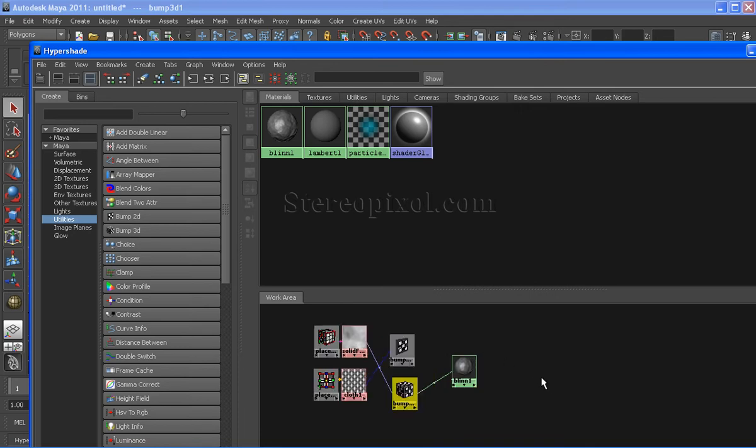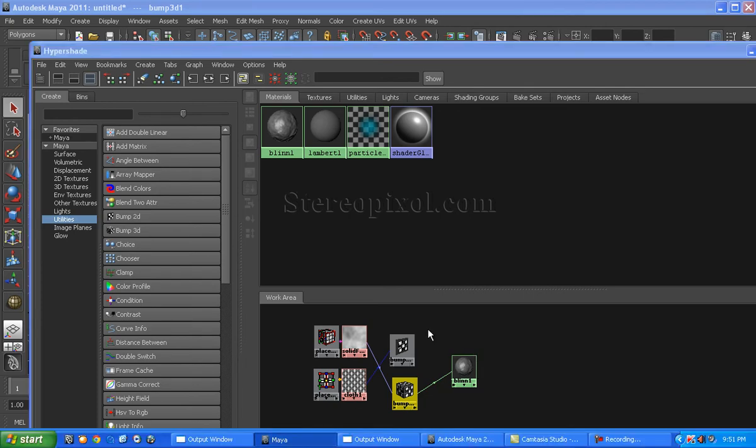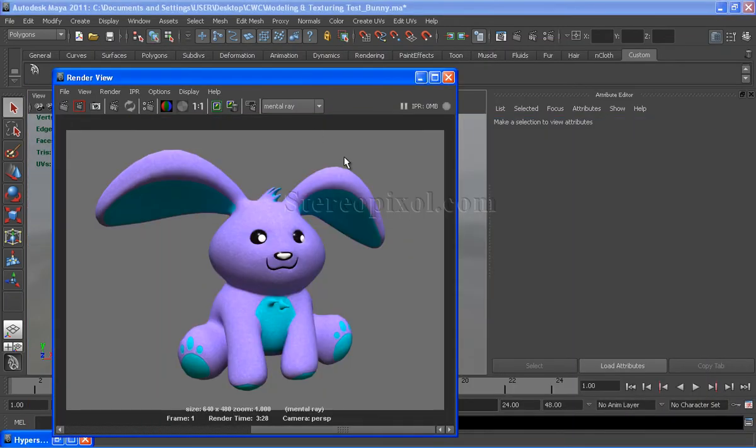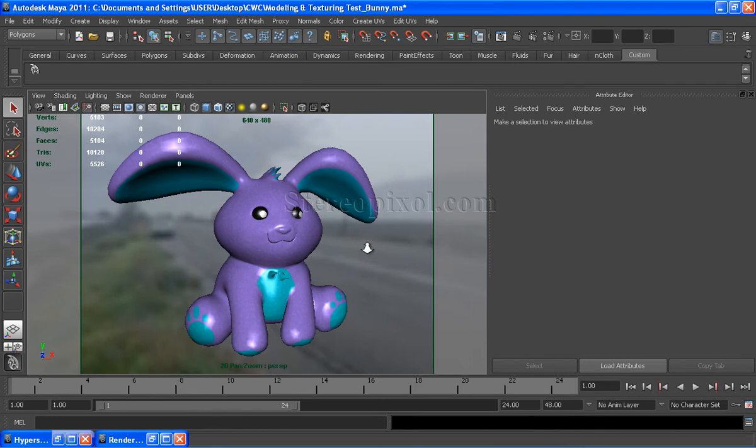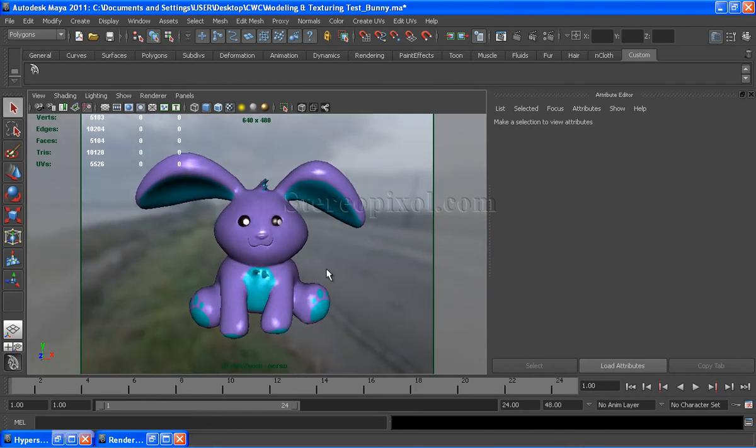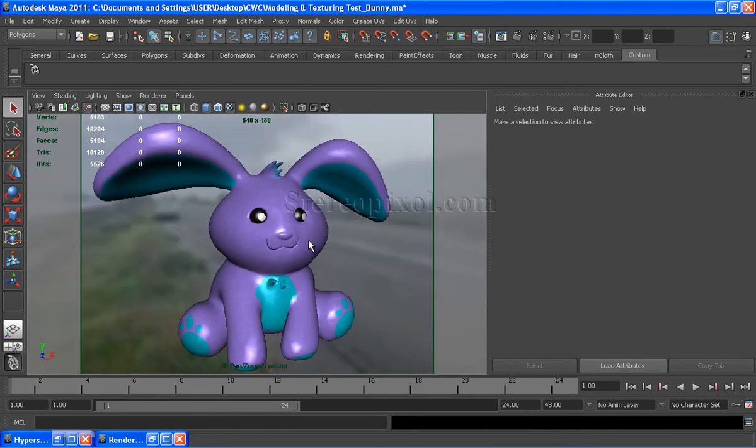We can also use this technique for our complex character texturing connections. Suppose I have created a character and I have textured the character, and I am using its texture node as a bump value to get some surface details. So I will show you an example. Here I have created a teddy bear and I have textured it in Photoshop.